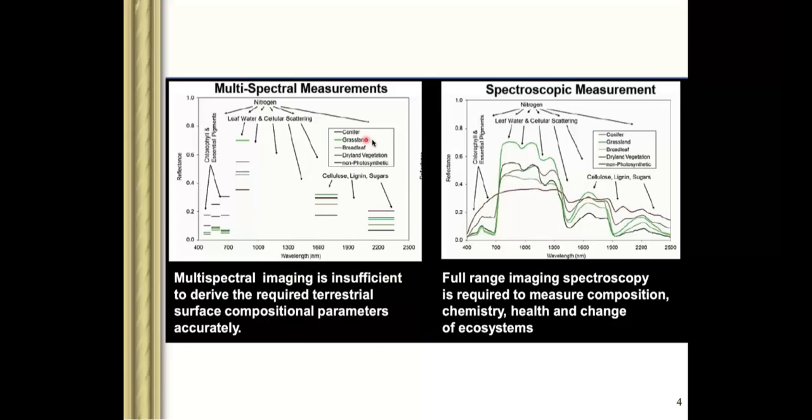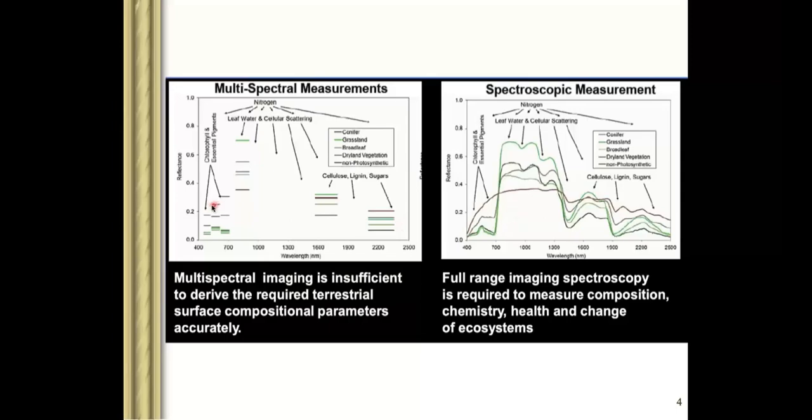If you see the multispectral measurement, we have only a few bands here. Here we don't have any bands. Then we have one single band here. Then we don't have any band here. Then we have one single band here. Then no band here. But in the hyperspectral signature, instead of having one common value, one band gives you average information over the pixels.